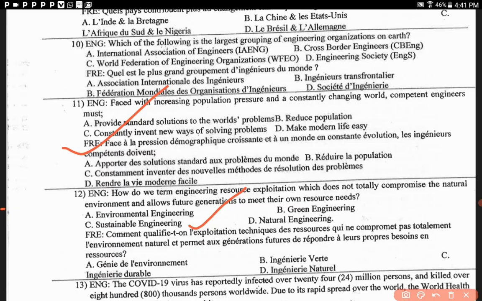Sustainable engineering actually focuses on designing systems and extracting resources in ways that will meet current needs without compromising the ability of future generations to meet their own needs. Now, just from the name, sustainable should already tell you everything. Sustainability, as in sustainable development and so on. So sustainable engineering. Now we have other options: environmental engineering, green engineering, natural engineering. Let me tell you why they are wrong. Environmental engineering, that's option A,